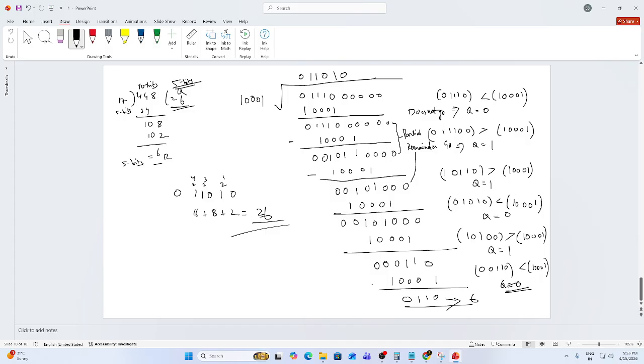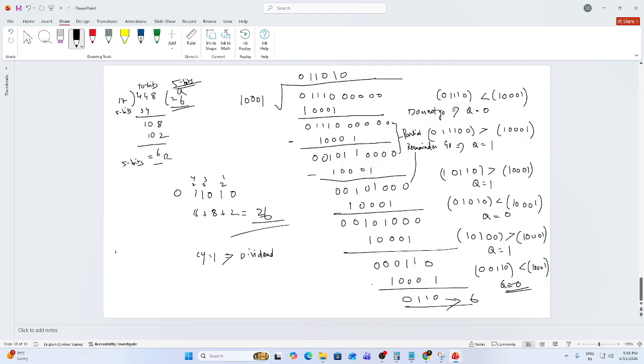See, in that case, one of the important changes: instead of subtraction, we can perform the subtraction with 2's complement addition. That is one change I will do, right? Also the advantage is, if I do that subtraction with 2's complement addition, I can compare the two numbers. So instead of this subtraction, I can do 2's complement addition, and based on the end carry, if end carry equals 1,